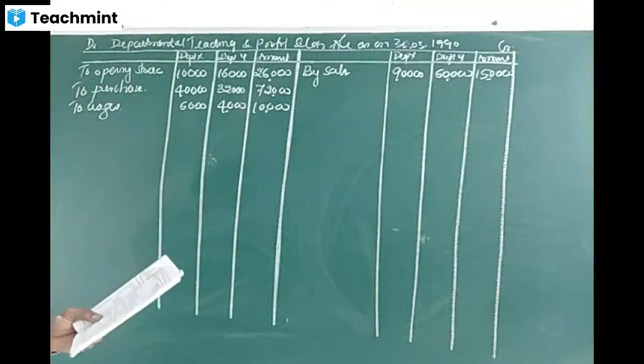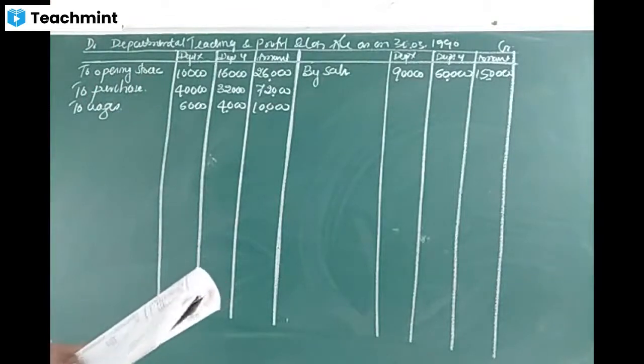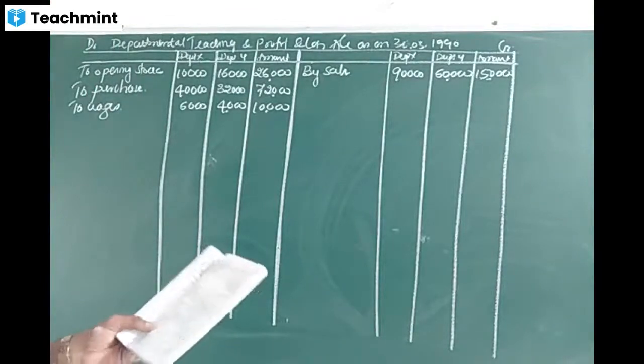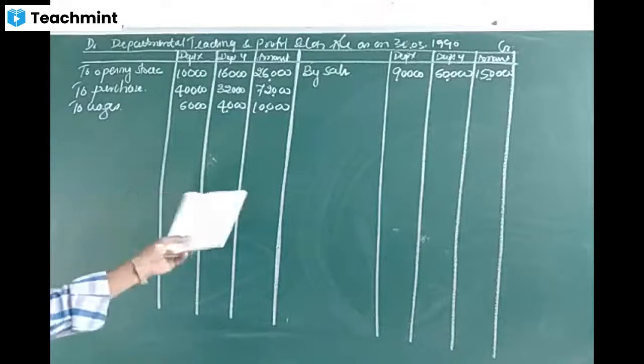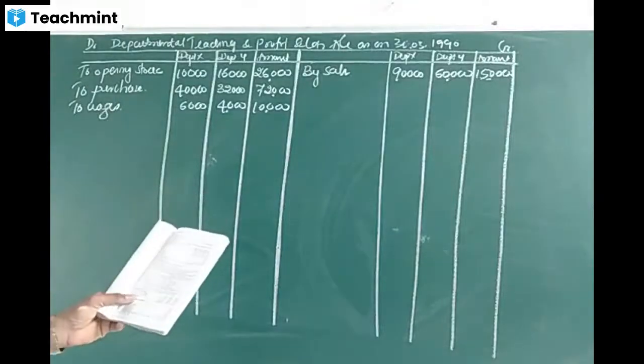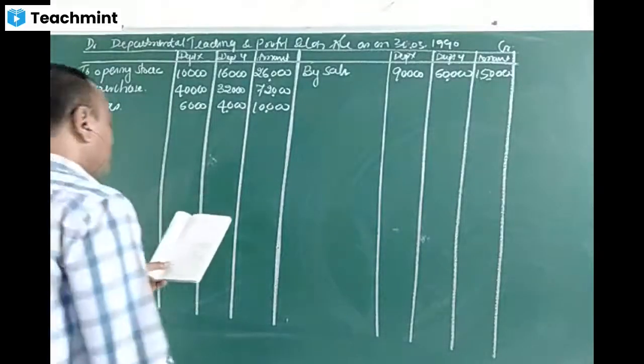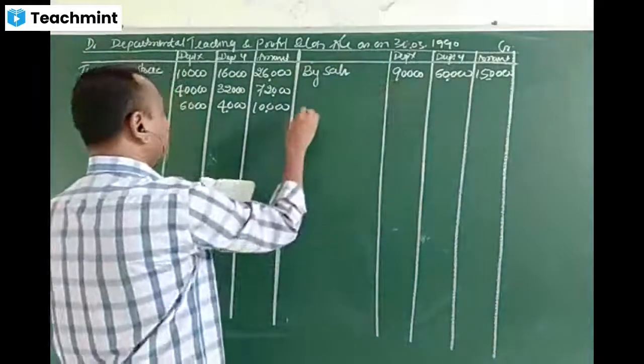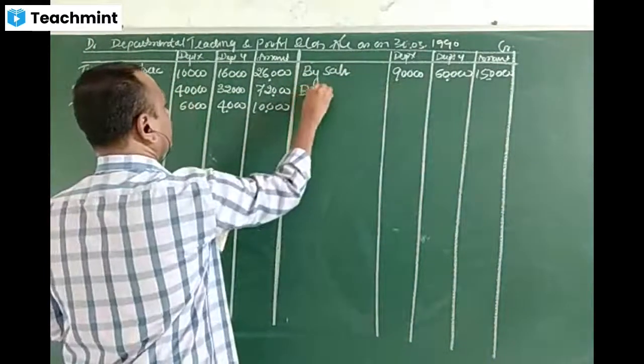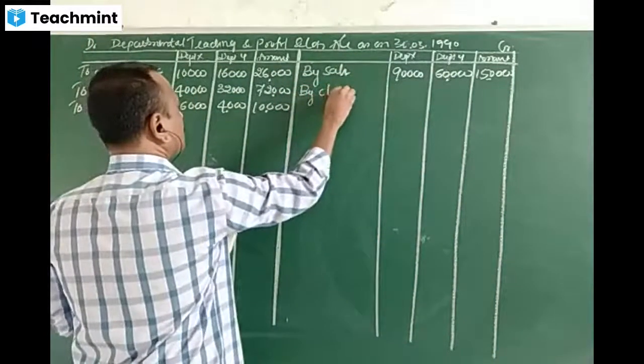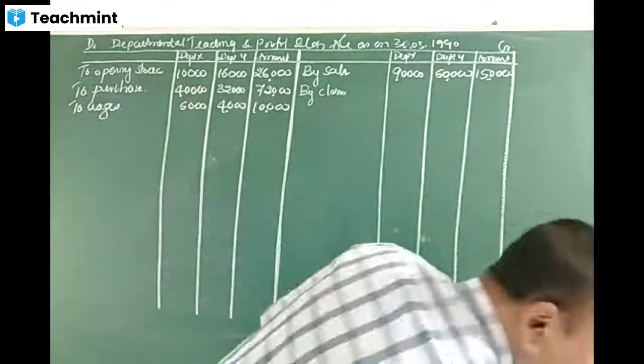Next, office salaries, office rent, discount allowed, discount earned. These adjustments are in the profit and loss account. So first we have to make entry of the closing stock. Okay, before that,